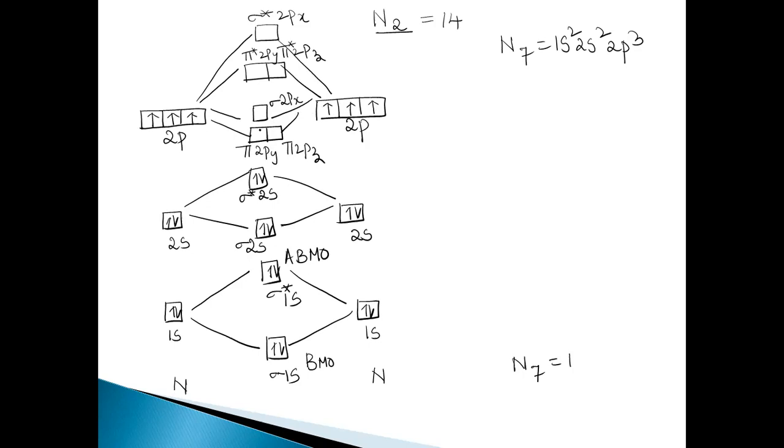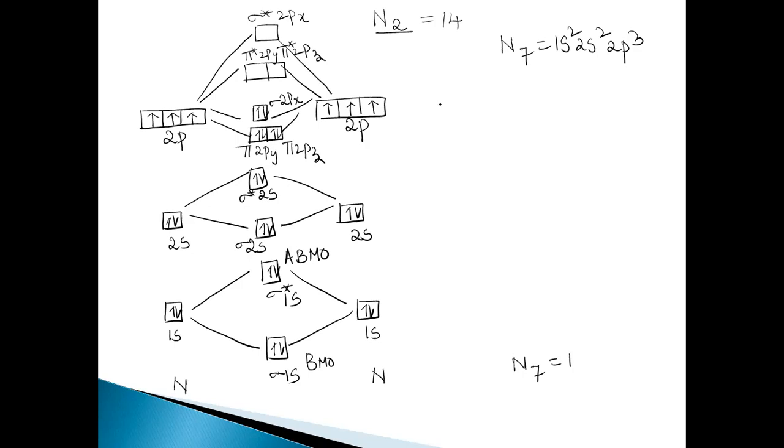So first, the 2 electrons will enter into this pi 2py and pi 2pz set singly because they are degenerate. Then the pairing occurs. When more than 2 degenerate orbitals are available, first they become half filled and then the pairing occurs. Right, then how many are finished? 1, 2, 3, 4, 5, 6. 1, 2, 3, 4. 2 more are remaining, which will enter into the next energy level. So this is the molecular orbital energy level diagram of nitrogen.